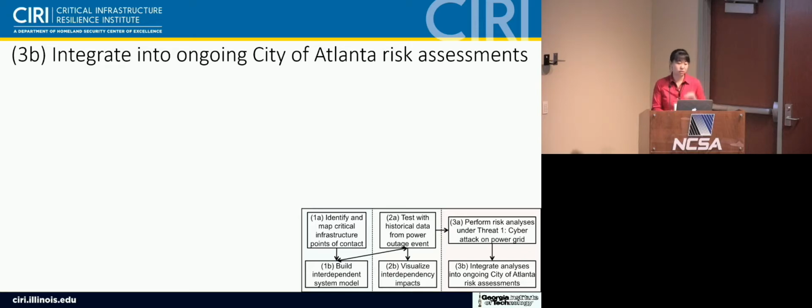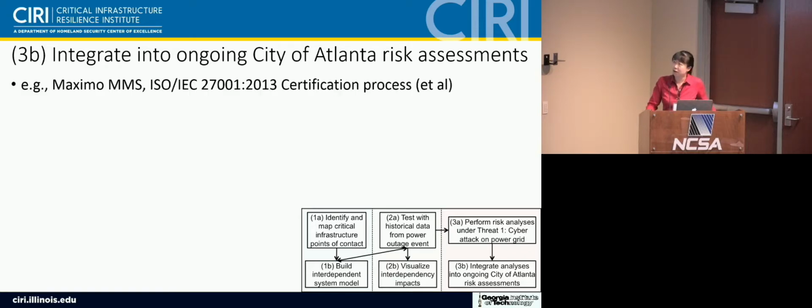So we can run these risk assessments, and then we want to integrate the results of these analyses into what the city is already doing. So the first, Maximo MMS, is their asset management system, and they do these risk ratings of different assets that they have. And so we've been talking with them about integrating the results of our analyses and having different probabilities of failure, for example, for different assets, integrating that into how they assess the risk of certain assets within